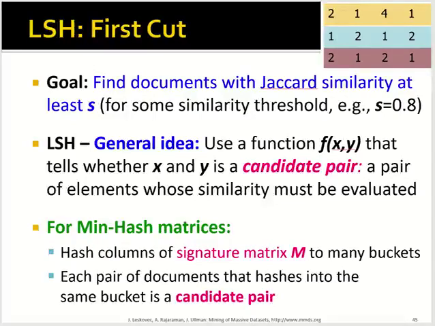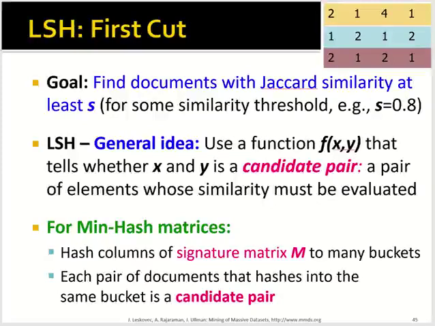The LSH general idea is to use a function which tells whether X and Y is a candidate pair, a pair of elements whose similarity must be evaluated against the threshold. As for the min hash matrices, we hash columns of the signature matrix M to many buckets, and each pair of documents that hashed into the same bucket is called